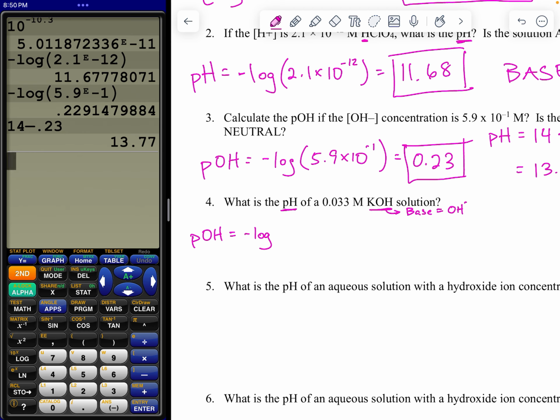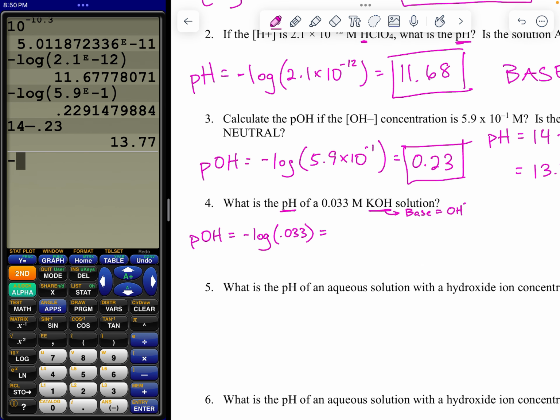So that's going to be the negative log of that 0.033 concentration there. And I only have one OH ion that's going to be formed in solution, so I don't have to multiply that concentration by anything. And I get negative log of 0.033, which is